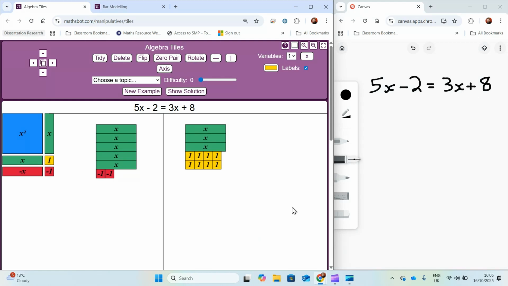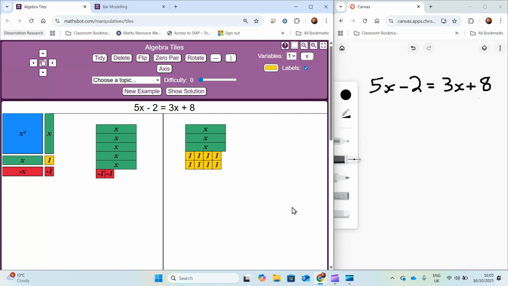Hi there, viewers, and welcome to my latest video looking at how to use manipulatives and representations to support maths teaching in secondary schools. Today, we're going to look at solving linear equations where the unknown appears on both sides, and we're going to look at a couple of different models for this and how the manipulatives can support making